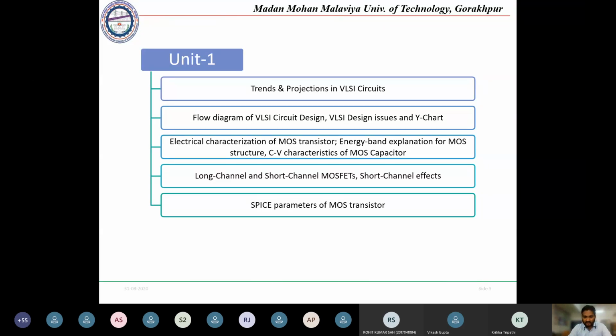Okay, so we will study that also in quite brief. And then CV characteristics of the MOS capacitor. That means what is the capacitance and voltage relation in case of MOSFET. So how the MOS capacitances are changing with respect to input applied voltage, we will be seeing that.